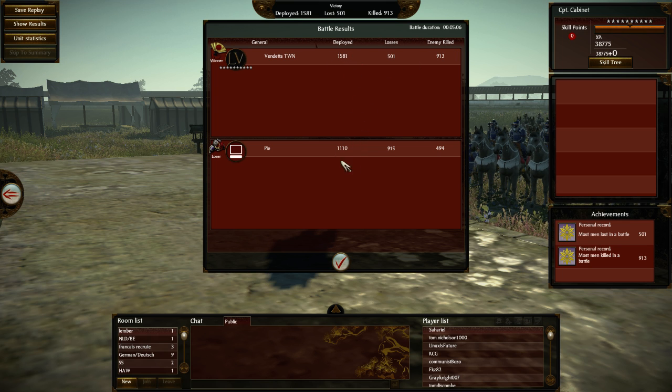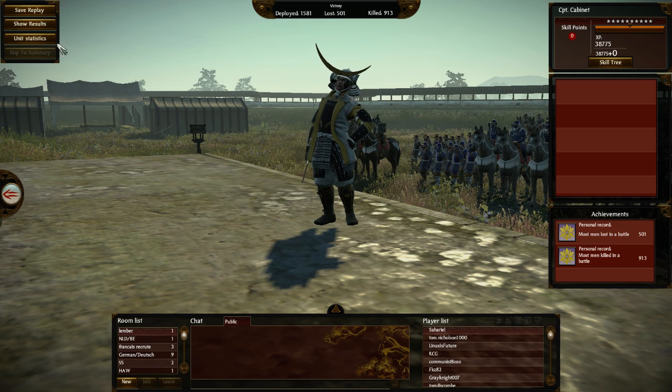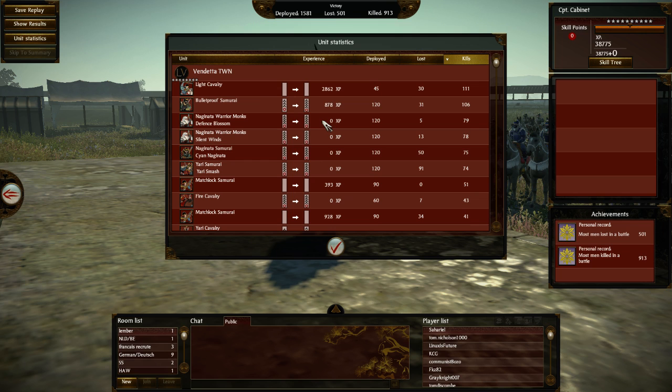1500, it's not too bad. 1000. So I did bring 400 more men than him. That would have been the crap units that I did bring. So for example, the light cav and the attendants, you have to have those kind of units. You need some sort of disposable unit. That's really a key factor in winning a lot of these games. I killed twice the amount of men, so there's not too much to say there. Then let's look at